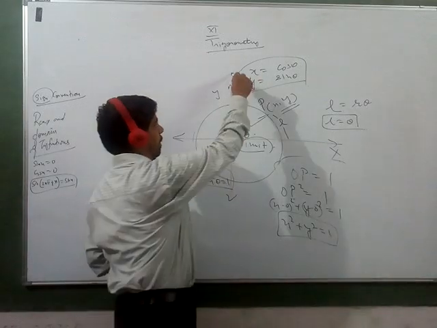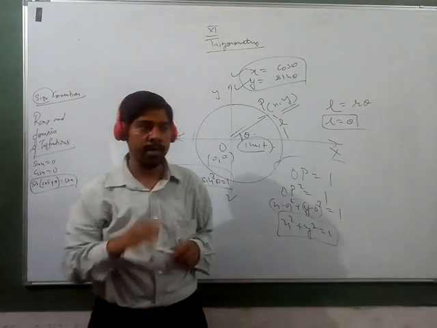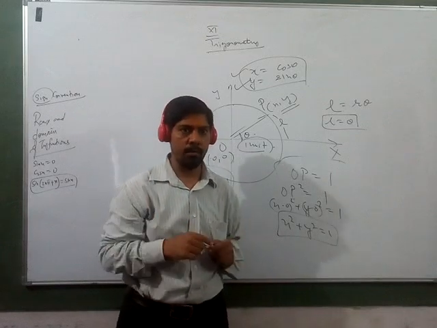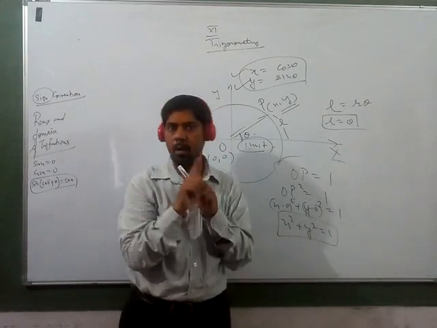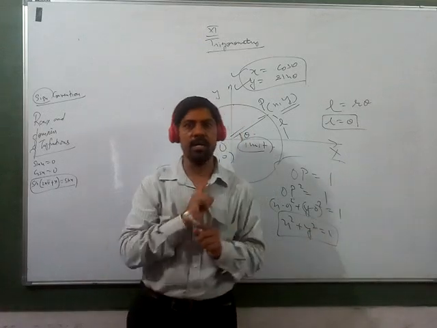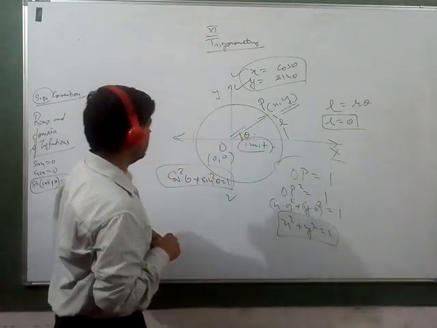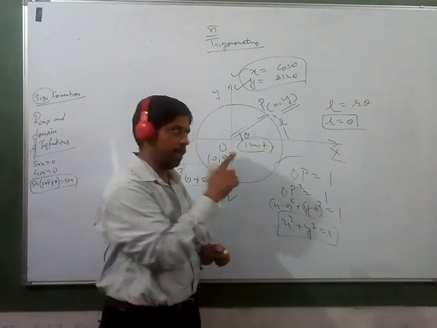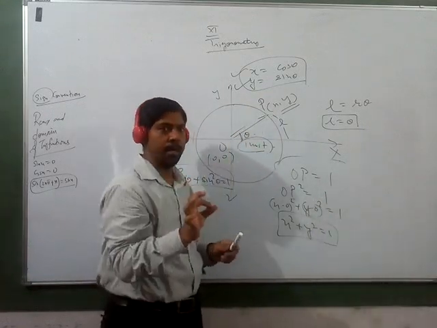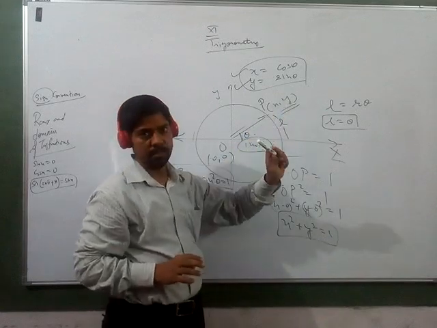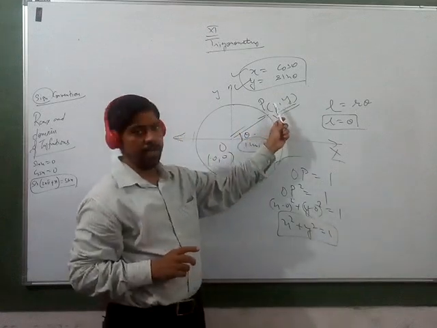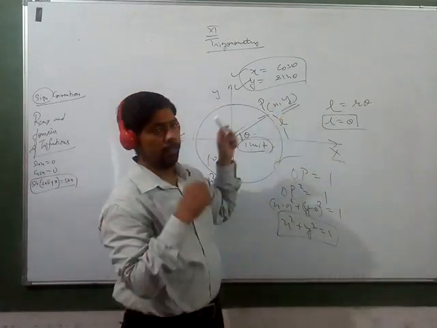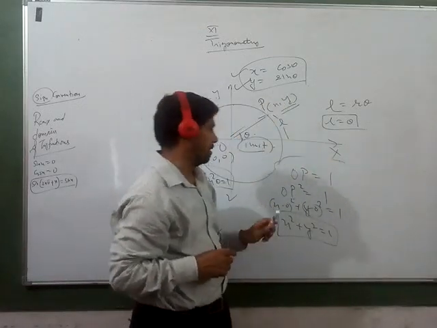But I am defining a new definition. Remember, don't worry about triangles now. We are talking about the correct definition of trigonometry, and that is a unit circle, not the triangle that you have studied in class 10. That is not going to help you here. So this is a new definition: x is equal to cos θ and y is equal to sin θ. In a unit circle, if you take any point, the x and y coordinates, the first coordinate, the abscissa, will be your cos θ, and the y coordinate will be your sin θ.